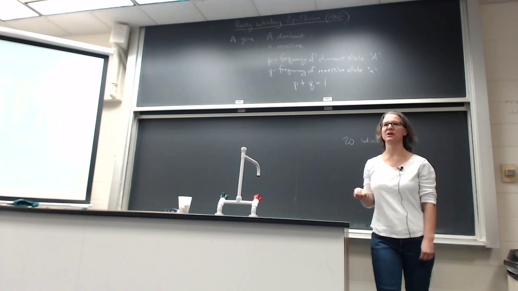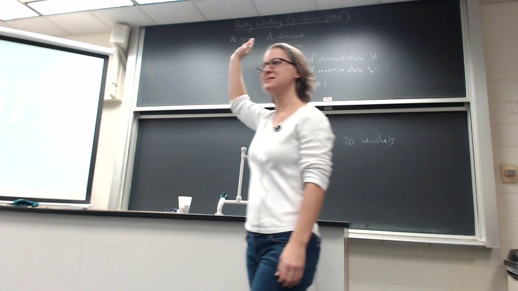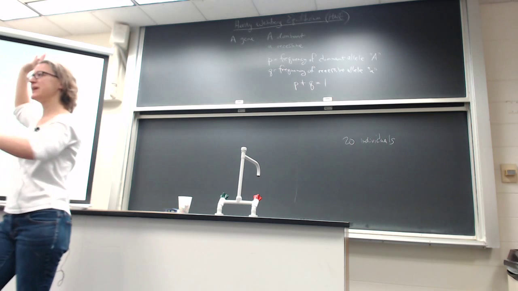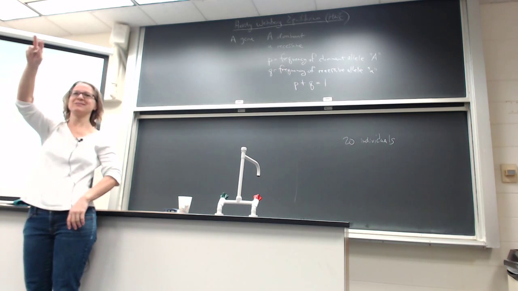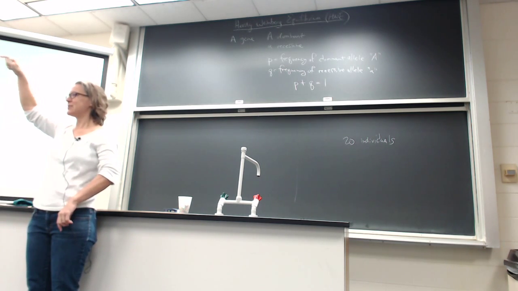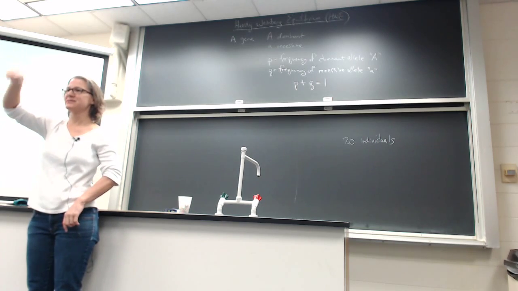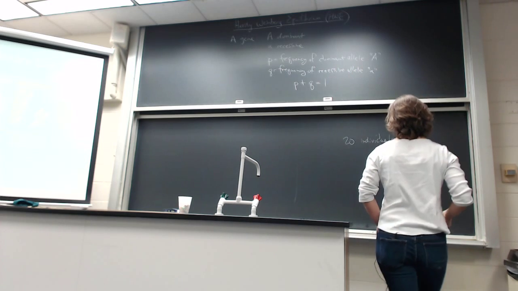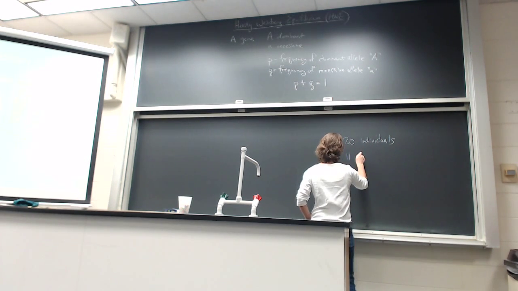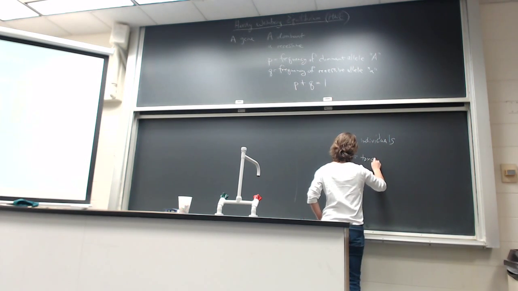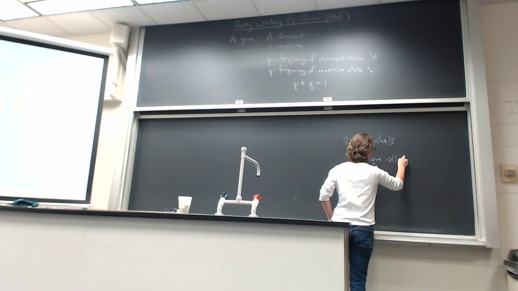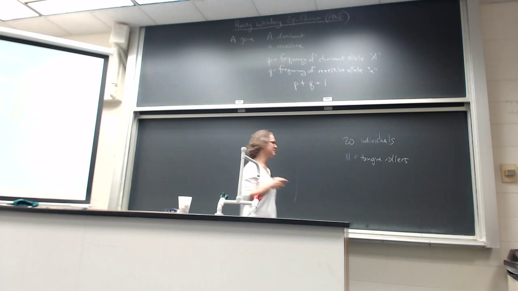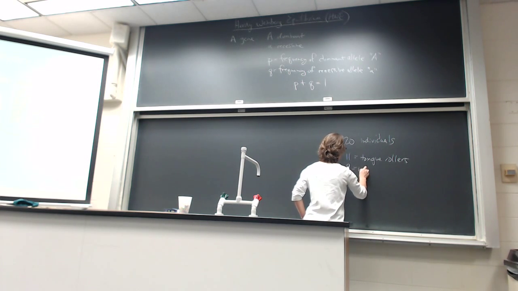And how many are tongue rollers in here? 2, 4. Put your hands up if you are. Tongue rollers. 1, 2, 3, 4, 5, 6, 7, 8, 9, 10, 11. So we have 11 tongue rollers. And that means we have 9. That's a lot. So we have 9 non-tongue